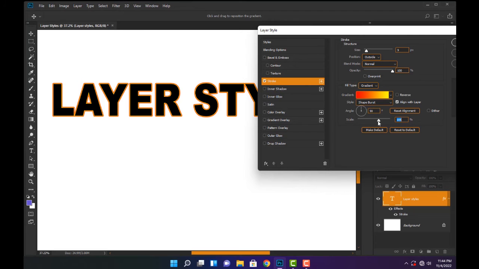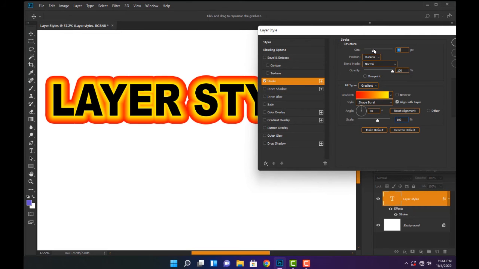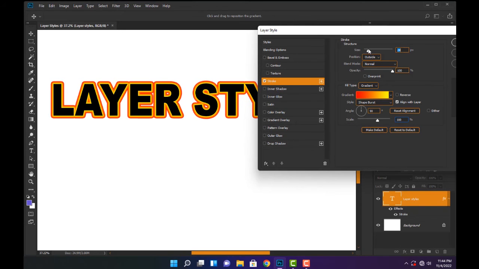You can always increase the size. Now let's increase the size of the stroke. This is what sunburst looks like. Alright, so you can basically choose any option, even the angle. You can choose the angle. You can also try scaling things up and moving stuff on your own, and that is it with the stroke